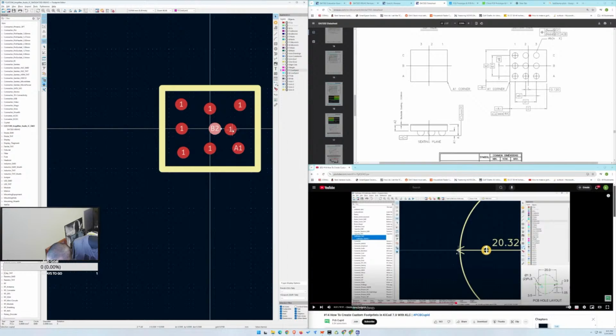Beautiful. All right, so that's where that is. And so B1, which should be over here,